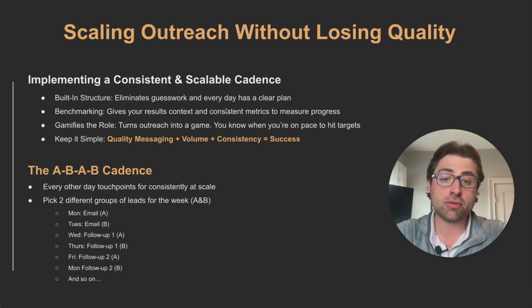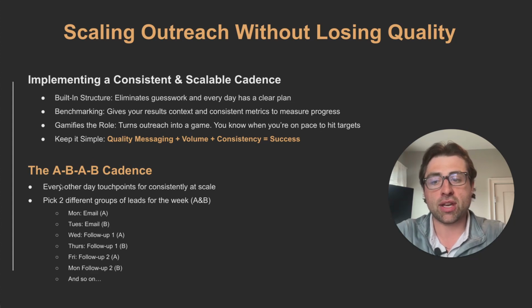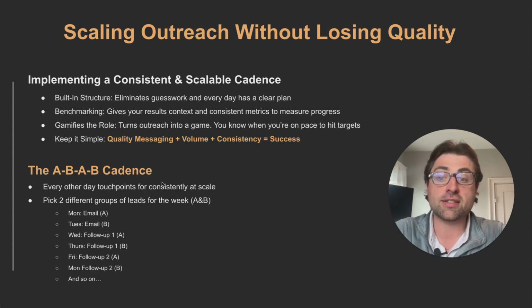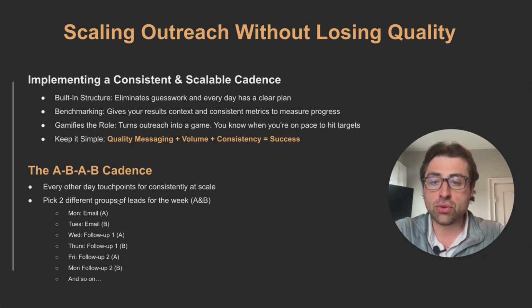You need these three key pieces, the variables to booking meetings consistently over email. And the way I do this is through what I call the A-B cadence, the every other day email cadence, every other day touch points for consistency, that should say consistency at scale. So essentially the way to do this is you pick two different groups of leads for the week, A and